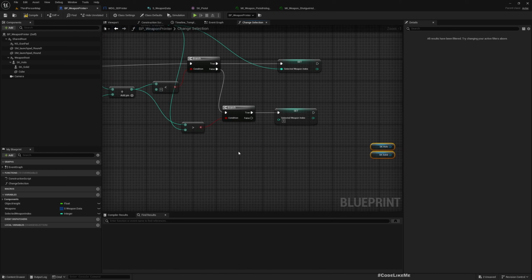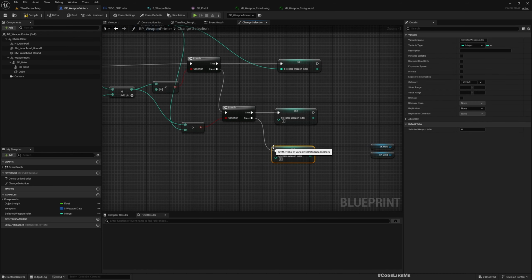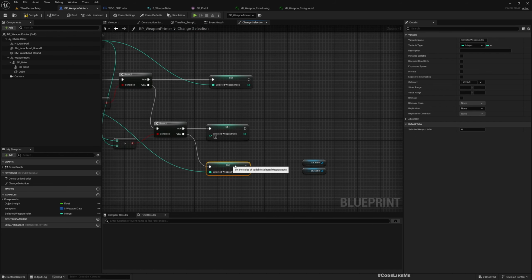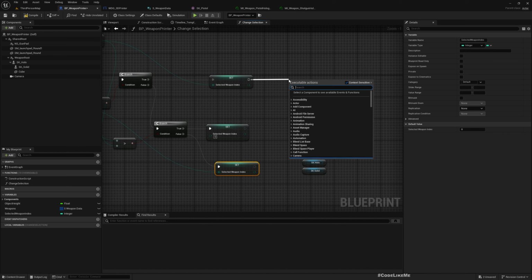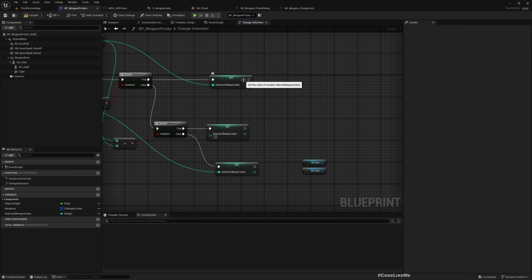If not, we can simply set it. Weapon index is whatever this value. Okay, so no matter which path we take, not a return, and a reroute node,